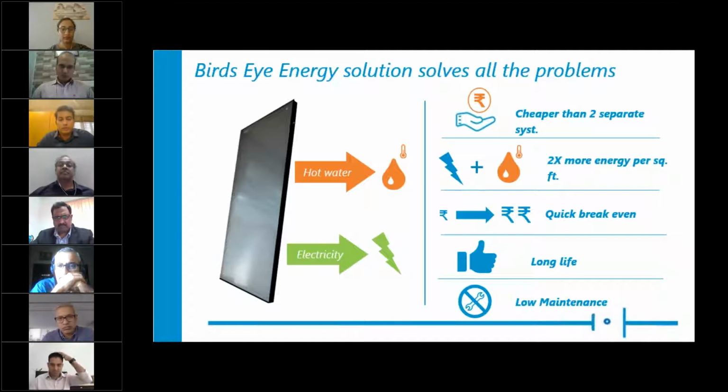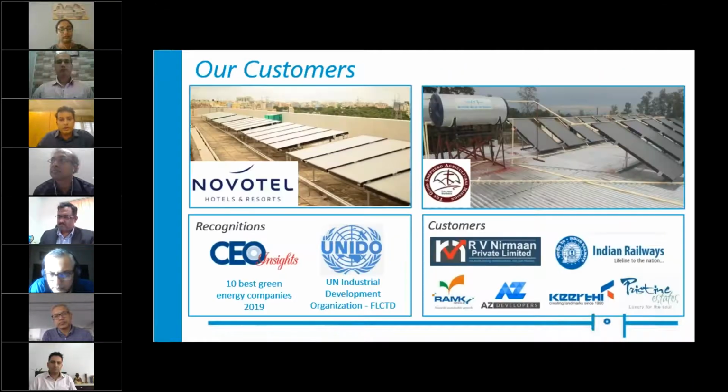And we've beefed up every specification so that our panels last 25 years, not just the PV part, but also the hot water part, which is actually 3 times the lifetime of an ordinary hot water technology in the market today. It's also designed to be a much lower maintenance product. So that is how we were able to combine both technologies into a single product, and at the same time address all of the pain points that were holding back customer acceptance for solar rooftop in India. So that's about our product.